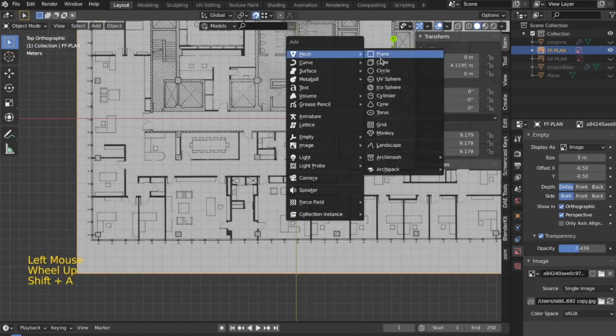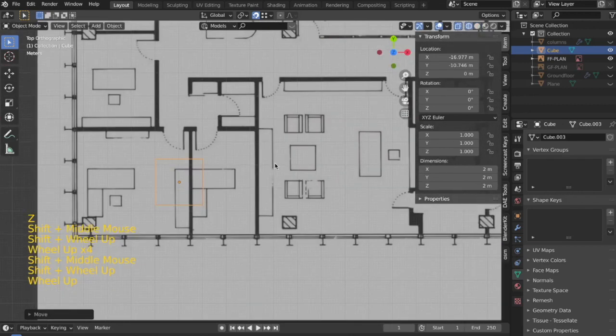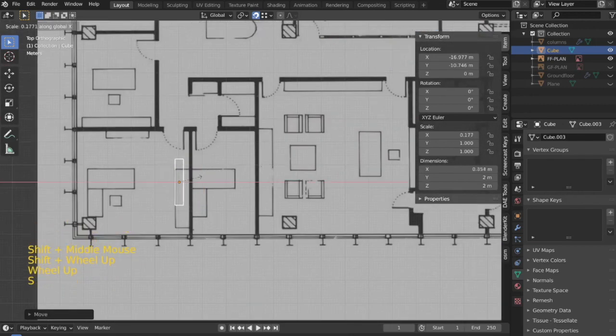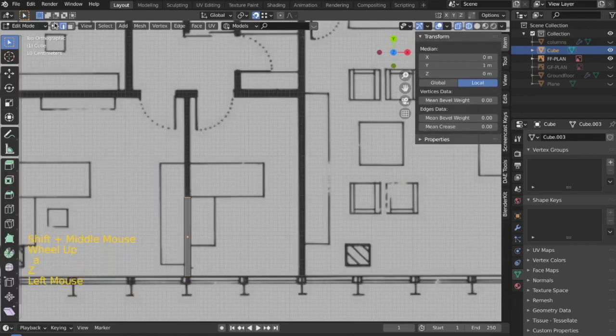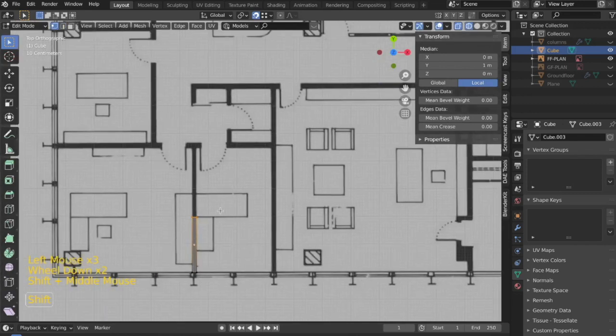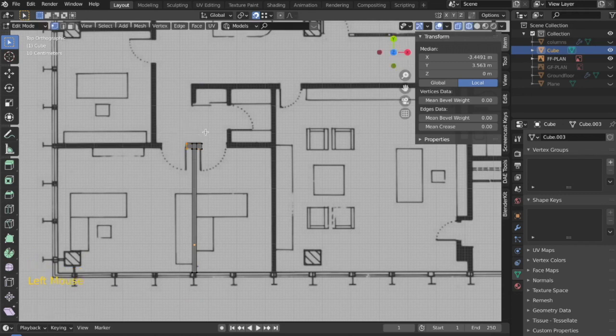Now I'll again go over here and select a cube. I'll go into the wireframe mode and then press X, roughly as the thickness of this wall. Now you can select this vertex select mode and then press G and then press Y. Then extrude them, extrude each of it, and then extrude this. Then extrude this, this.